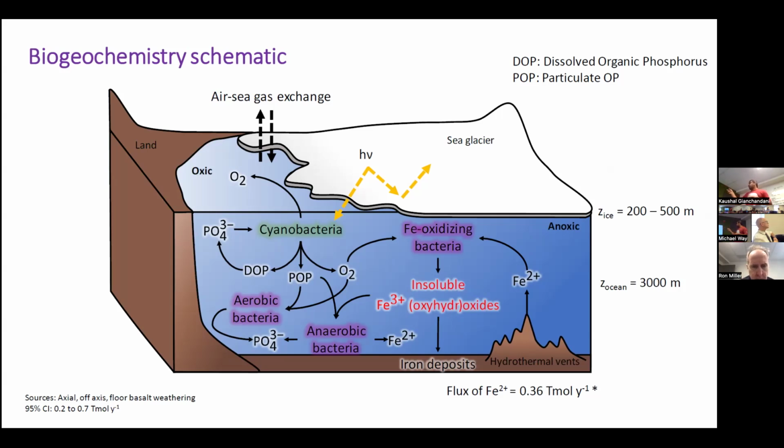This simplified model of Neoproterozoic biogeochemistry is in balance with the atmosphere as well. And for the sake of simplicity, the atmosphere in my model is only a box atmosphere. There's no dynamic component to it. The box only accounts for the number of moles of oxygen in the box. So whatever steady state we achieve, the net flux of oxygen at the surface is 0 when you average it over the entire domain.